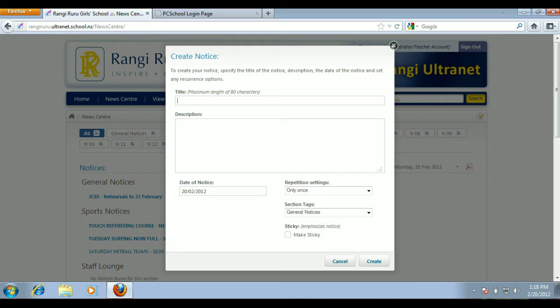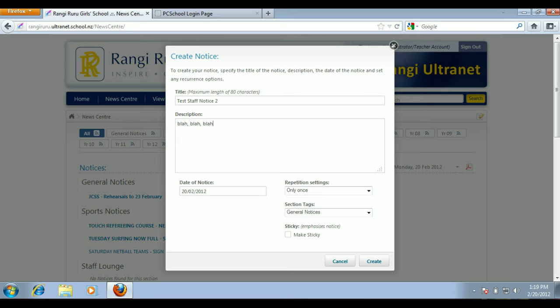and then in the window that comes up, in the title bar, which is effectively what the subject bar in First Class would have been, type the title of your notice, and then in this description box here you actually type the body of your notice. As you can't put attachments with a notice, if you've got some information contained in something like a Word document, you can copy and paste that into this description box and contain it within the body of the notice. So I'm just going to type a notice here,